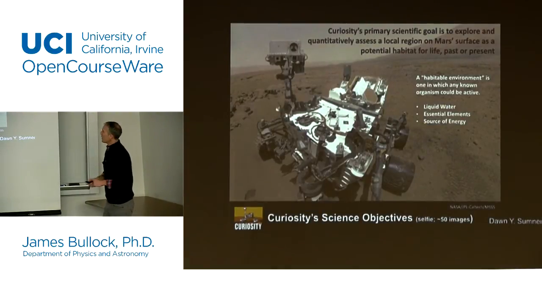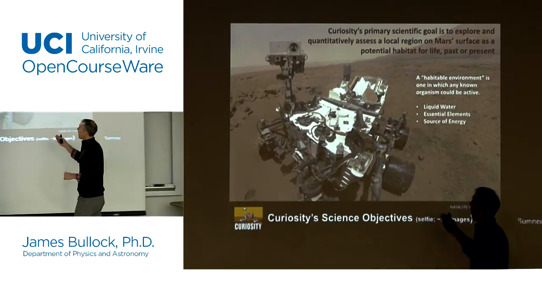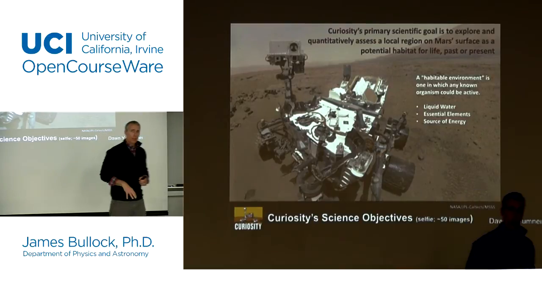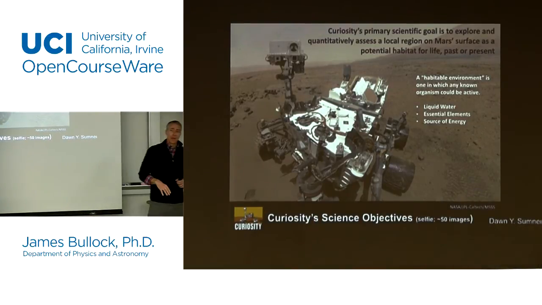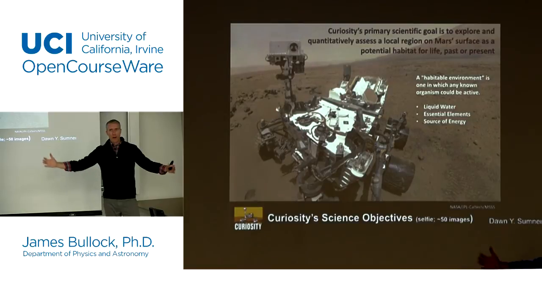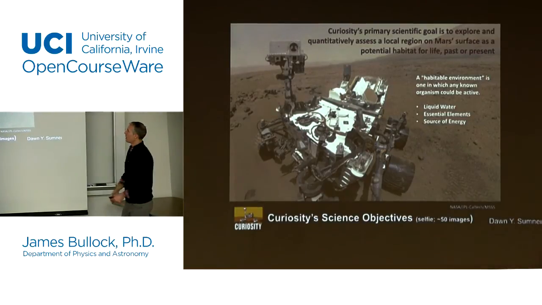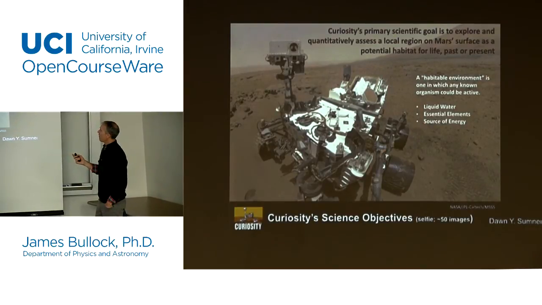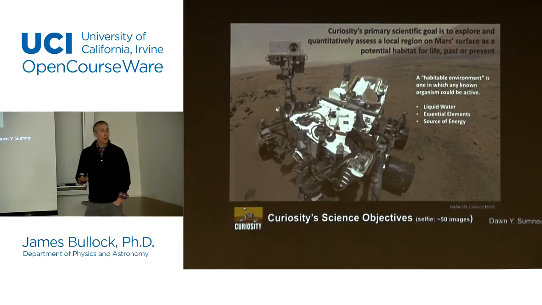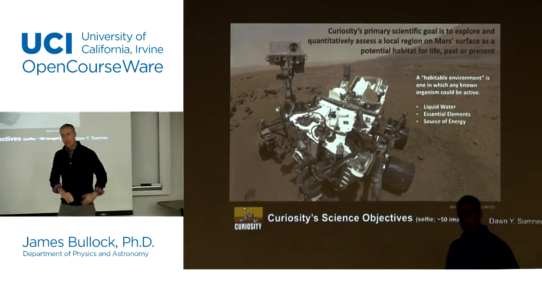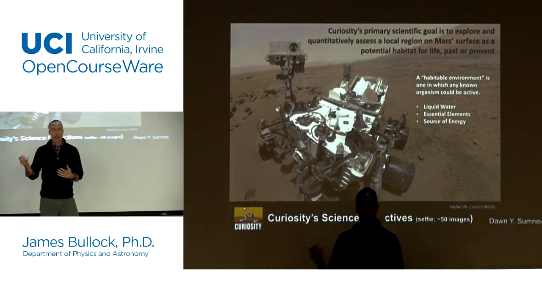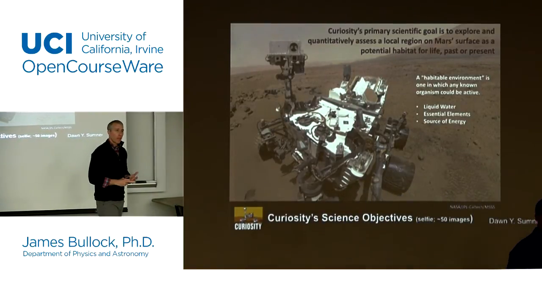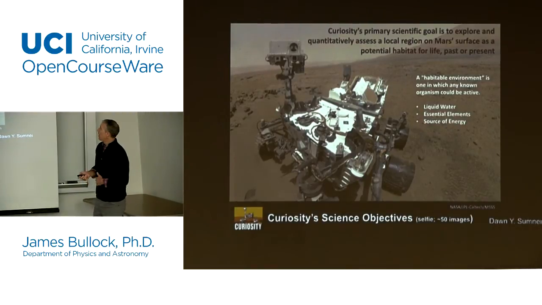So this is Curiosity. It's a car, with four wheels, driving along the surface of Mars. It's robotic, about the size of a compact car, so it's a pretty big thing, but not immensely big. The goal is to explore Mars's surface and determine whether it's potentially habitable now, which is unlikely, but more importantly, was it habitable in the past? Can they find evidence of past water, past evidence for life on Mars, and that kind of thing?